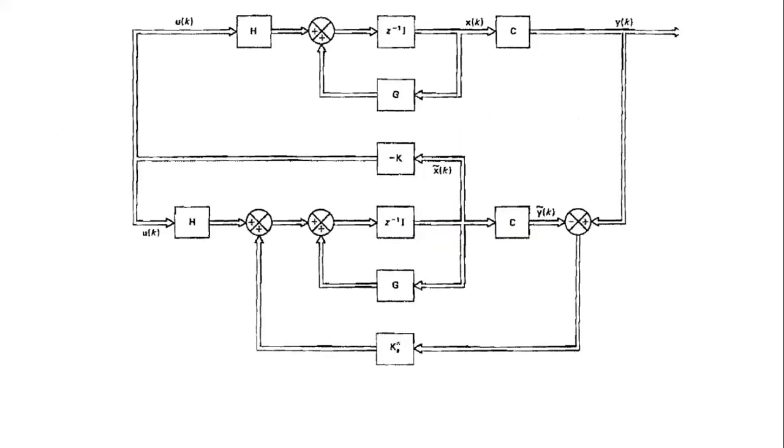Let's see how the ke matrix should be designed. What are the conditions that should be met? In our observer system, we have x tilde of k plus 1, and when we integrate that by numerical integration, we find x tilde of k. This x tilde of k goes to the input u of k as u equal to minus kx.